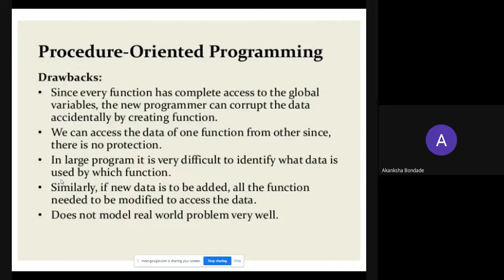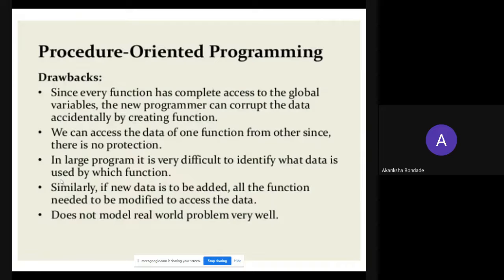Similarly, if new data is to be added, all the functions need to be modified to access the data, because each function has global access to the global data. And it does not model real world problems very well.